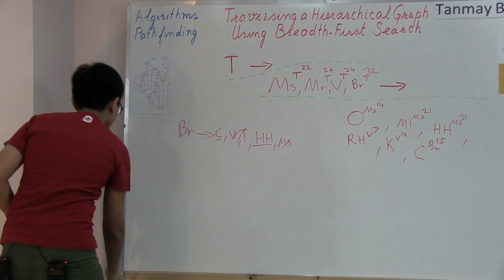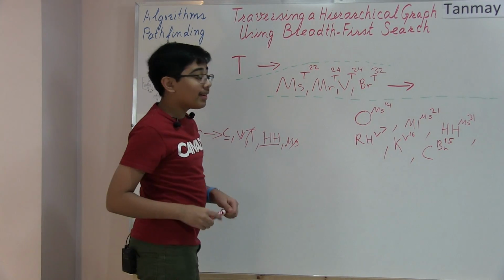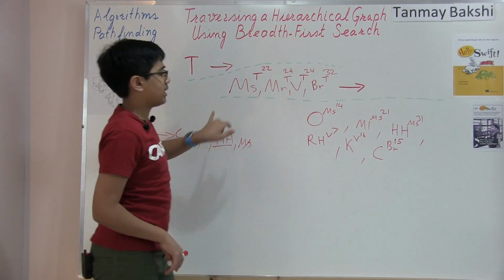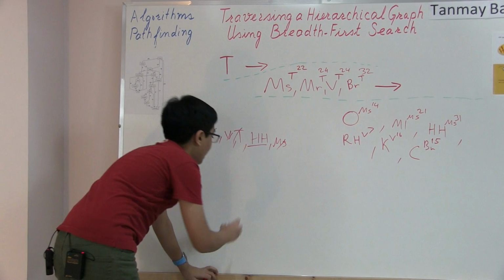Alright. So now let's take a look at our older Halton Hills. Halton Hills currently goes through Mississauga and then from Mississauga to Toronto. So if we were to write Halton Hills